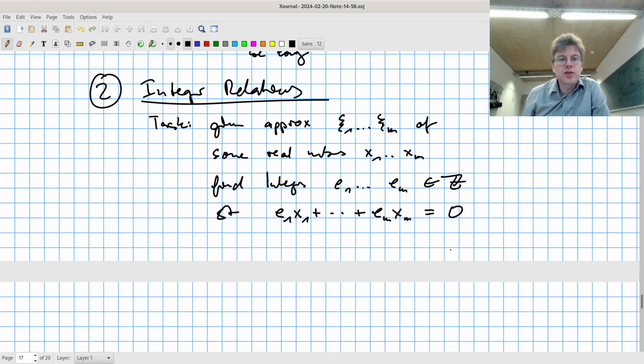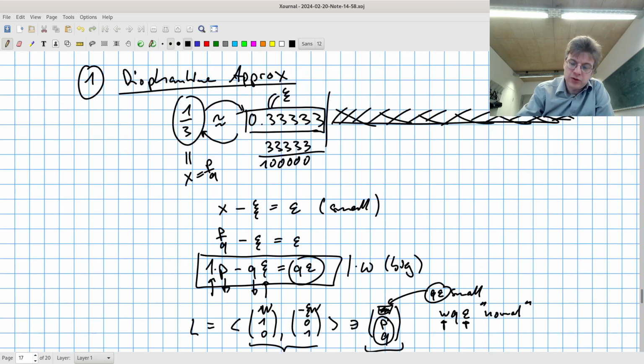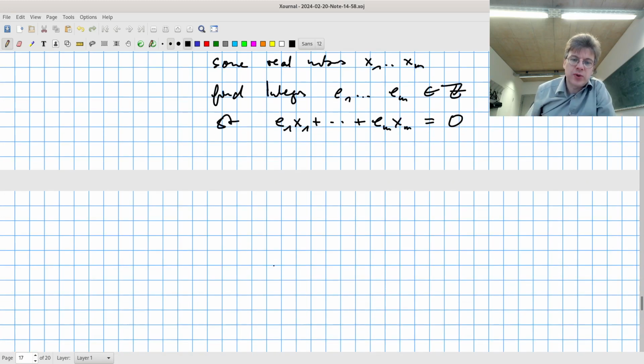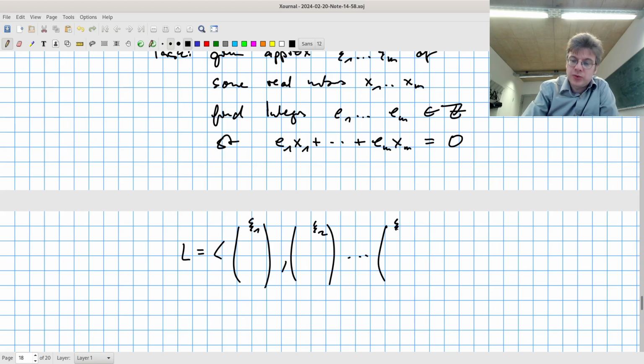So this generalizes the thing here, because you see that in order to find a numerator and a denominator, that's the same as saying I want to find an integer relation between 1 and xi. Now you can do this with several xi's as well. So in this case you would say, okay, let's take here xi1 and xi2 and so on as generators up to xi_m, and take this